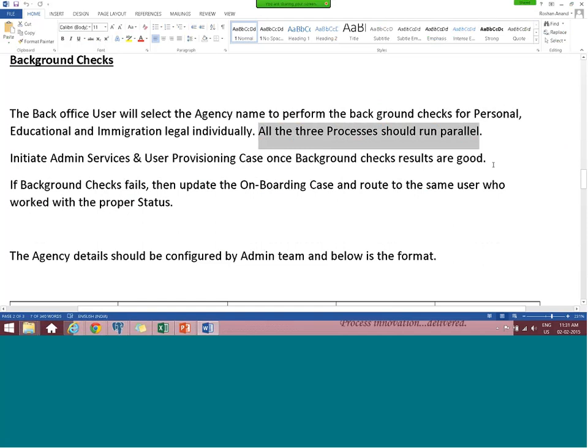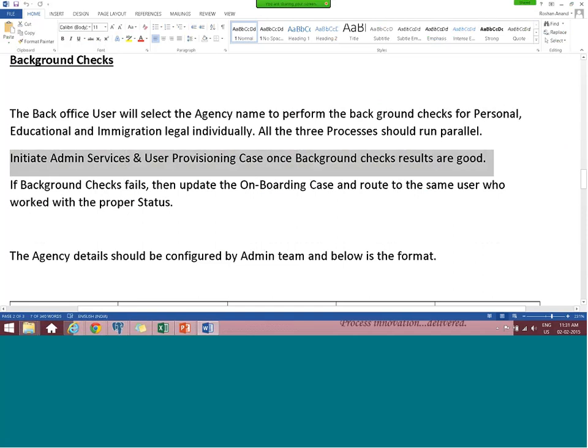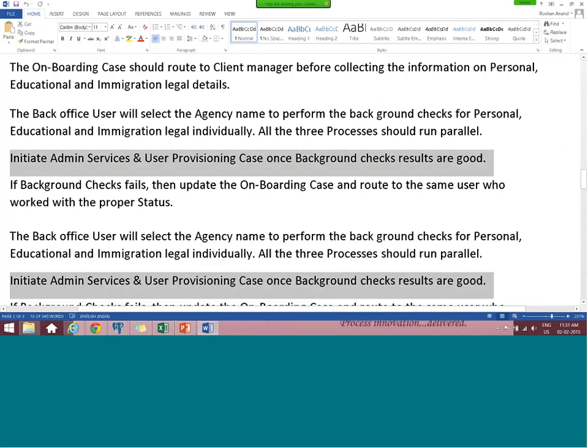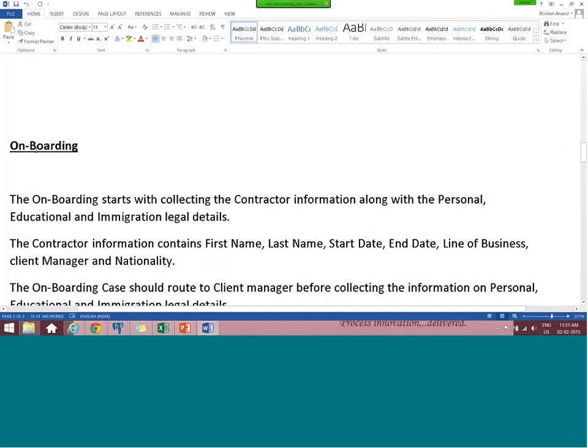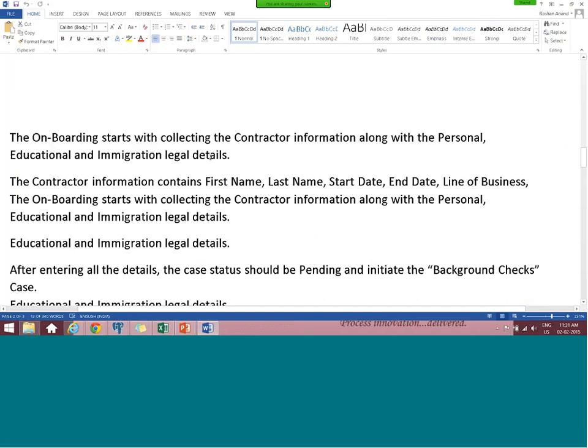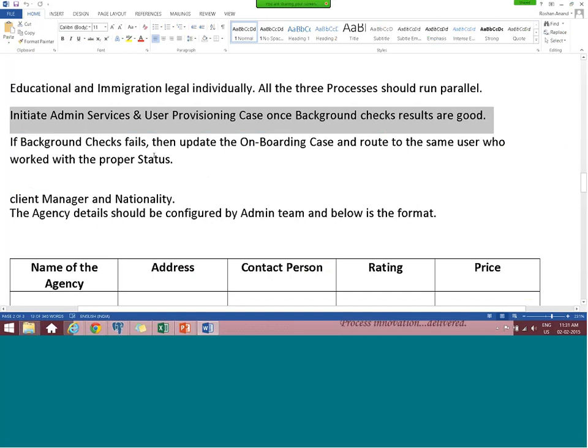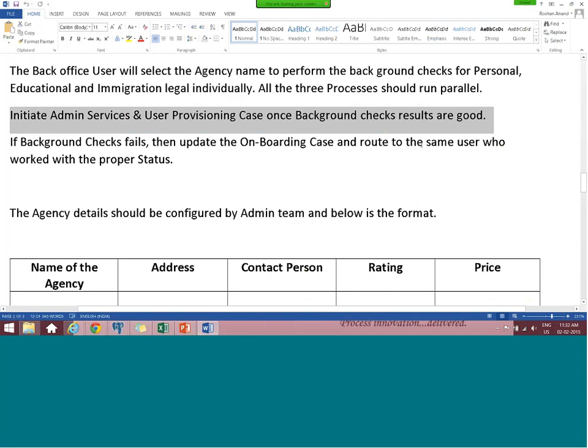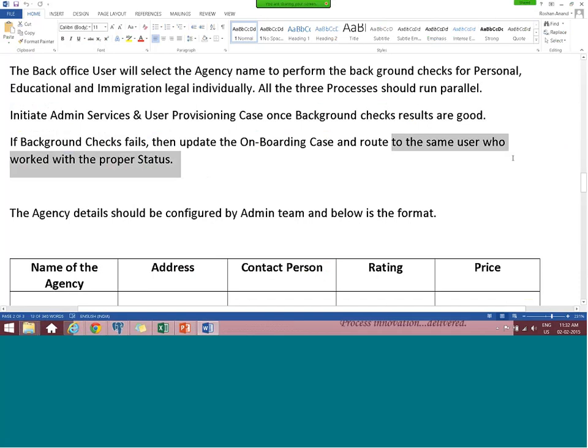Okay, so I'm not saying anything about bringing it back to onboarding, correct? So my requirement: if the background check fails, then I have to go back to the onboarding case and route to the same user who worked with the proper status.